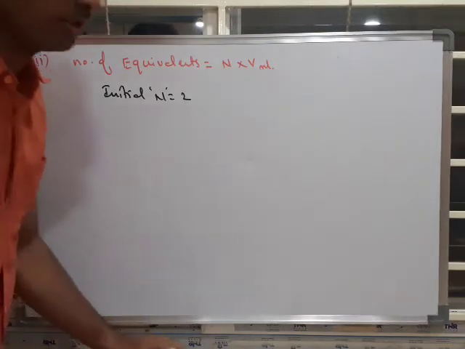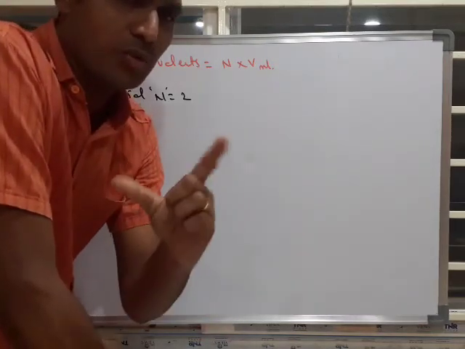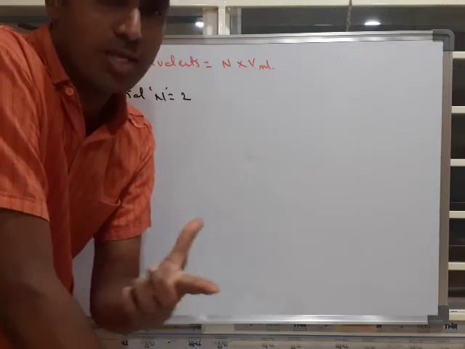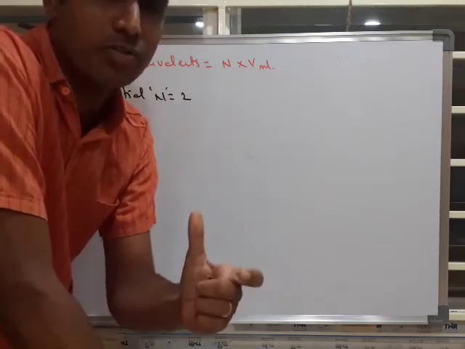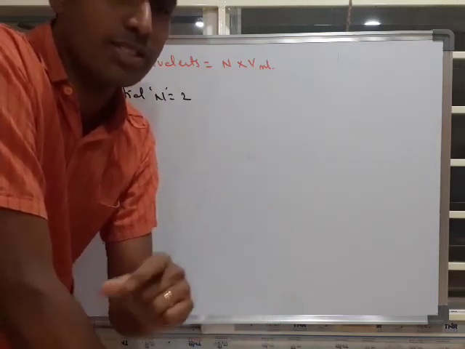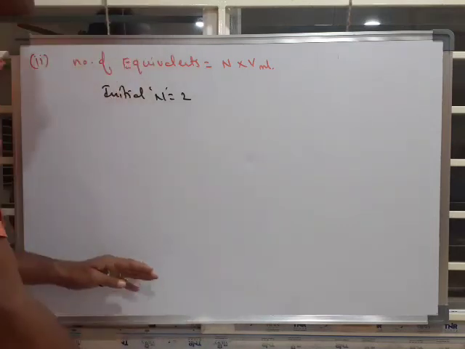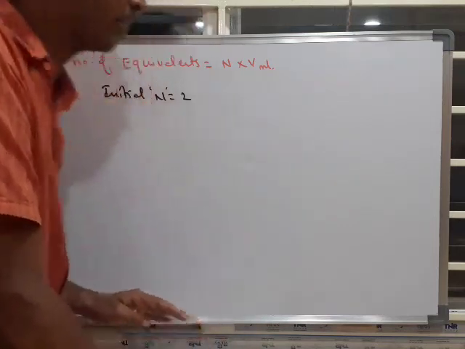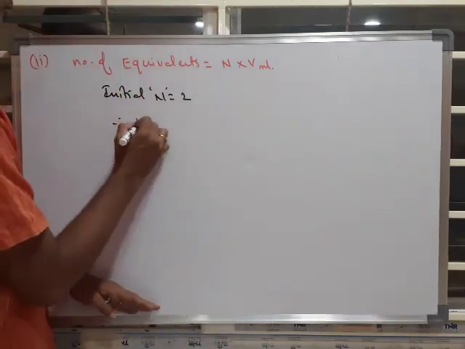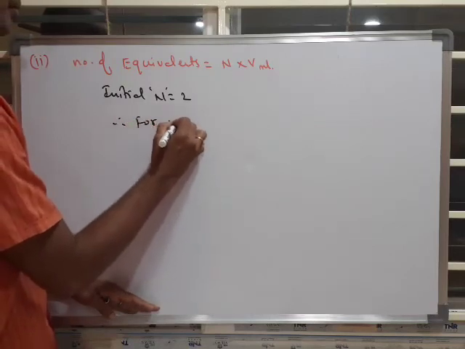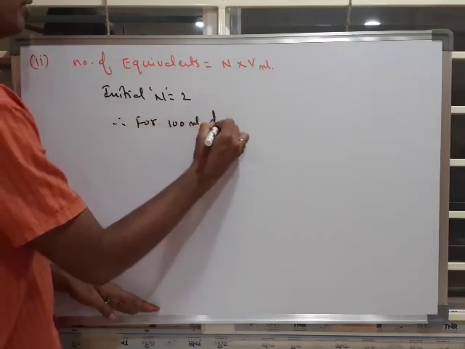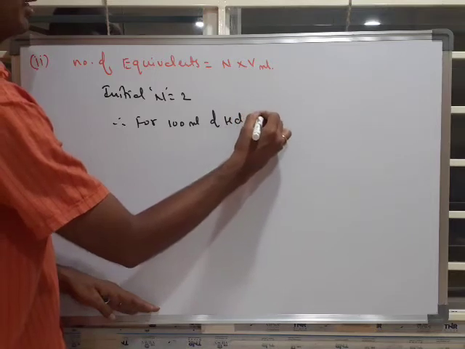The initial volume is actually 1 liter, 1000 ml, but the question asks to find it for 100 milliliter. So therefore, for 100 milliliter of HCl solution,